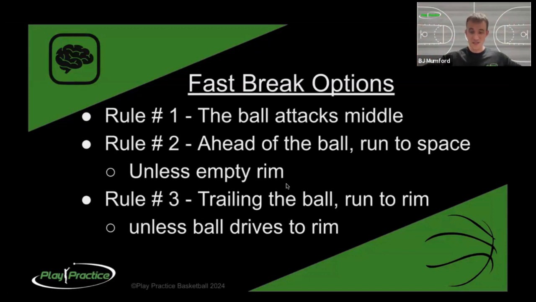So you have a lot of space, and because you have a lot of space, you also have a great angle to then attack the rim if the rim is empty, right? I call it run to space, then rim if empty, which means if there's one defender back, which is very common, and he decides to play out from the basket and stop the ball, then the rim is empty and you should angle in from that sideline,